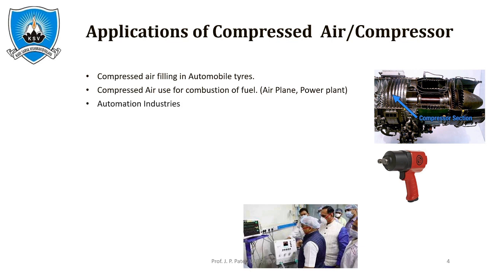In the same way, in the automation industry, all of you see that for the half rotation of a motor or for screwing and unscrewing, we use a pneumatic gun so that production increases as well as quality is improved. In the same way, it is also used in automotive industries, for the production of automobiles as well as in the pneumatic brakes applied in trucks and buses.